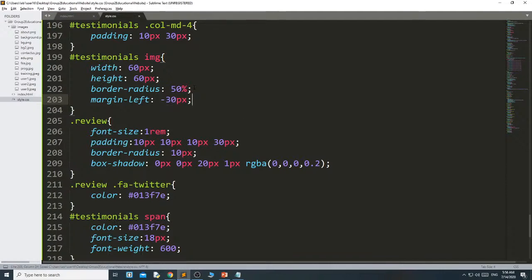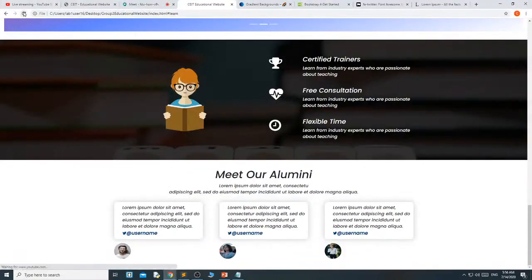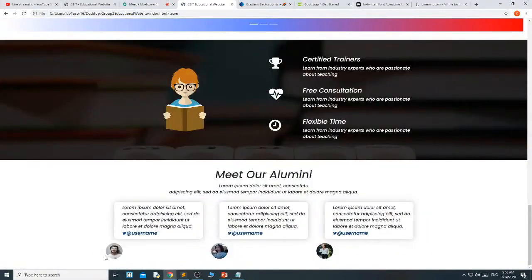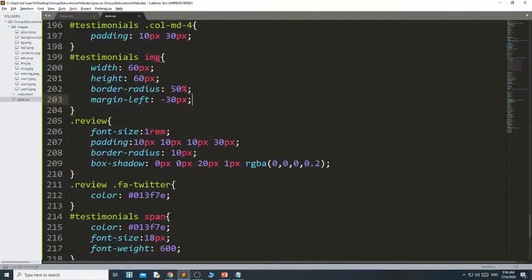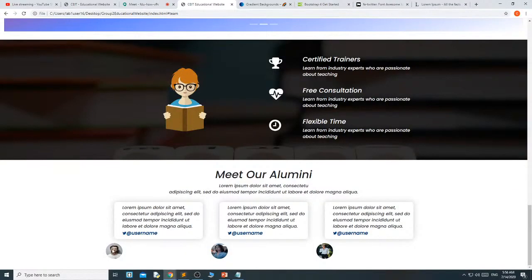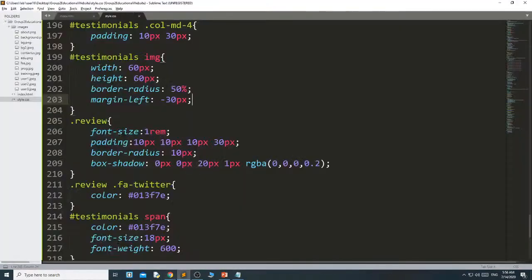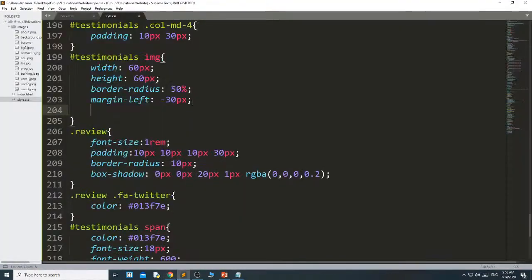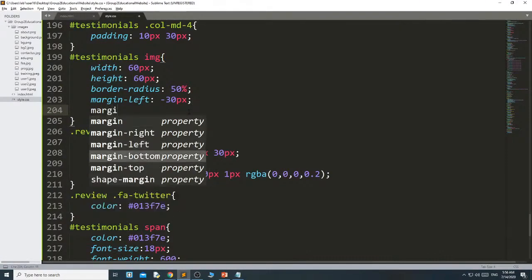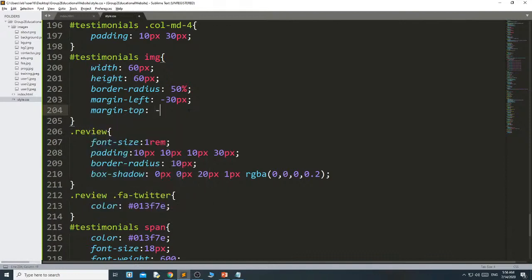Let me show you. See, it moved left by minus 30 pixel. Okay. Then I want to move it to the top. Then margin top minus 40 pixel.